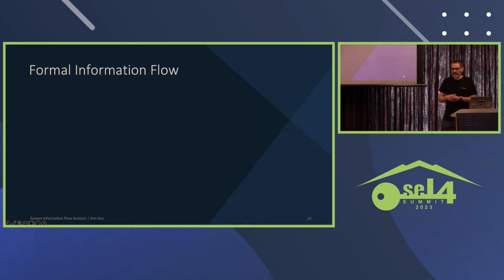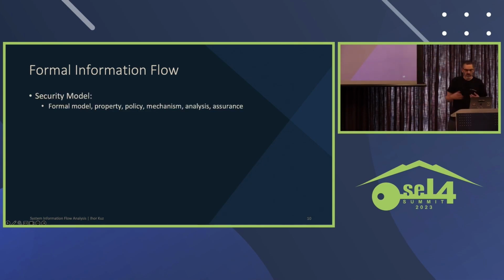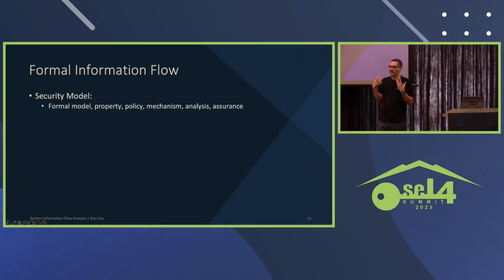So if you do some research and look up information flow, you'll find that a lot of work has actually been done in the field in defining what information flow is and how you can use it and so on. So I did that. Turns out, you get these definitions of security models, right? And information flow as a security model. And that combines a whole bunch of different things. It combines a formal model of what information flow is, and that includes what is the information, what are these components in these graphs, for example, what can they do, how can they send things across to each other, and so on. So it defines all of that, and various properties that you can have in these systems, policies in the system,